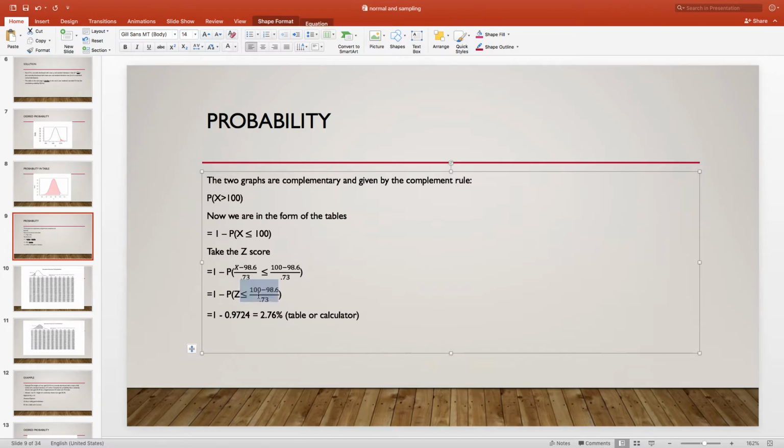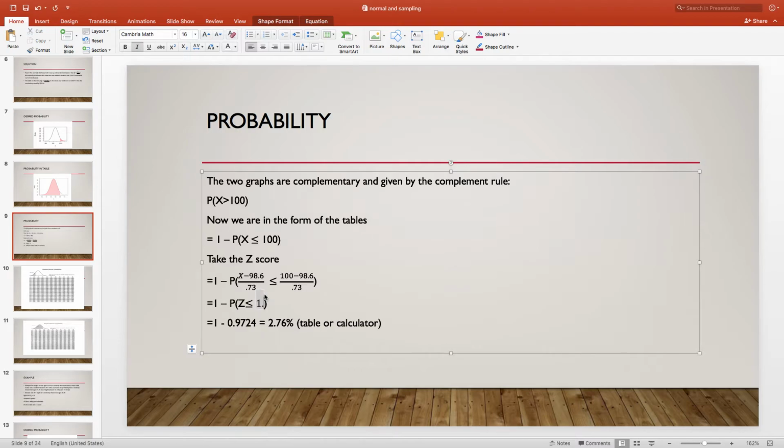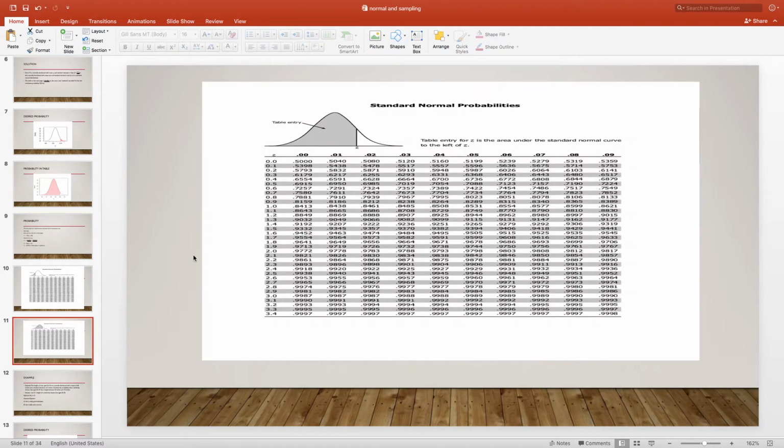So this number that I'm about to erase would be 1.91. And if you wanted to use a table, for 1.91, what you do is you go to a z of 1.9, so that's right here, that's 1.9. Then you go across till you hit the second decimal of 0.01, and that would represent 1.91, and this would be